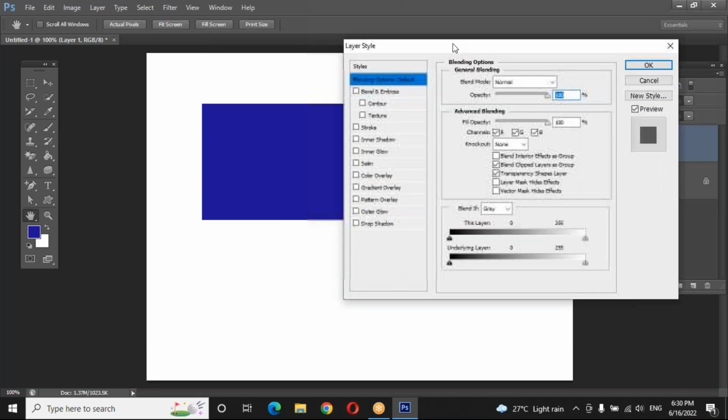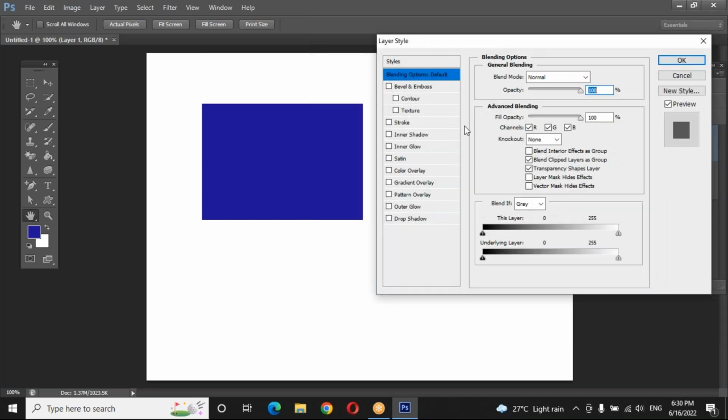So in this layer styles, we have all these styles: bevel, contour, texture, stroke, inner shadow, inner glow, satin. These are all nothing but our layer styles only. Okay. So first we'll see shadow. There are two types of shadows. One is inner shadow, another one is drop shadow. Two types of shadows we can give. So here,